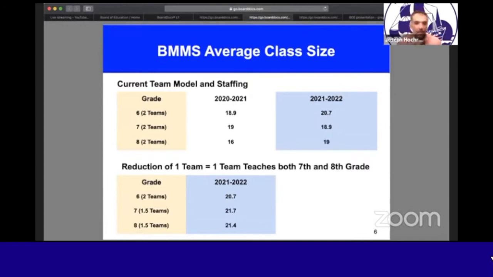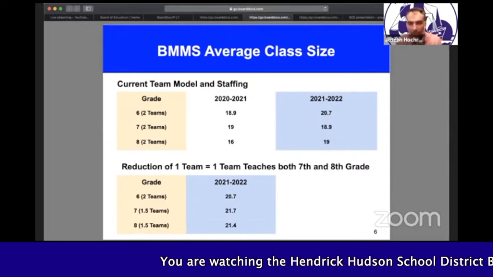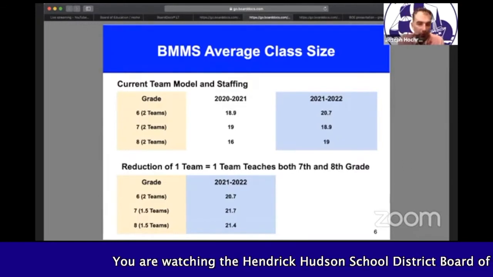It's not uncommon for some middle schools to do that, especially when they're experiencing an enrollment dip, in order to right-size the staffing or make sure that average class sizes stay within a margin that the board and the community feel comfortable with.